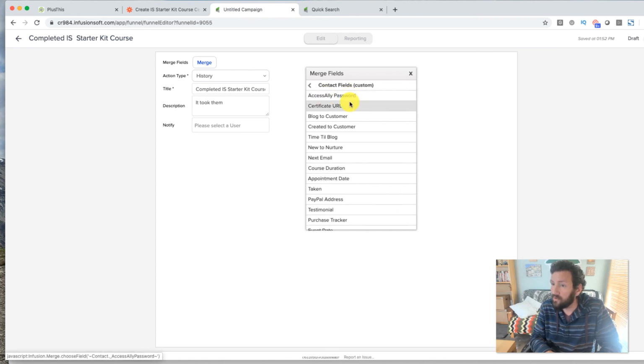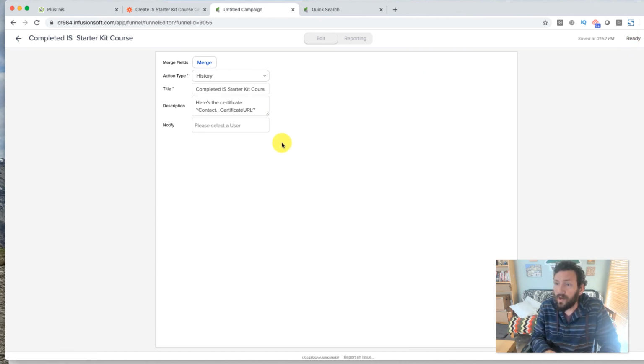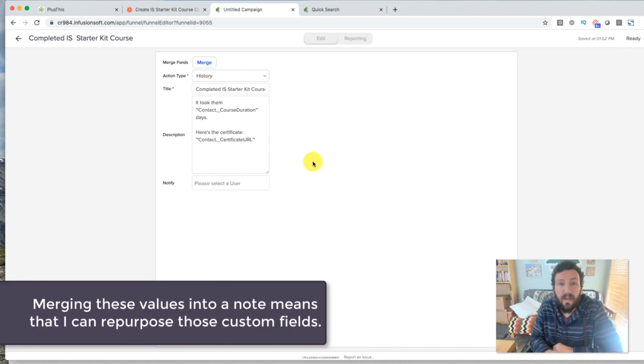So course duration, it took them X number of days. Here's the certificate and certificate URL. Whoops, I think I merged it in twice, and I did. And that's it. I merge both of those into a note just so that I always have them, because I